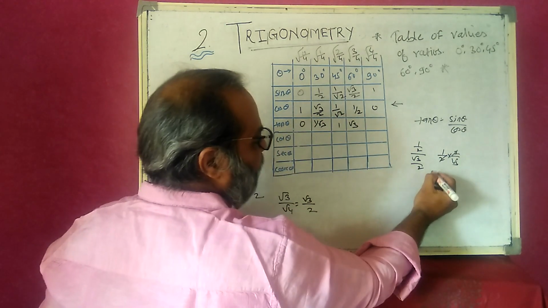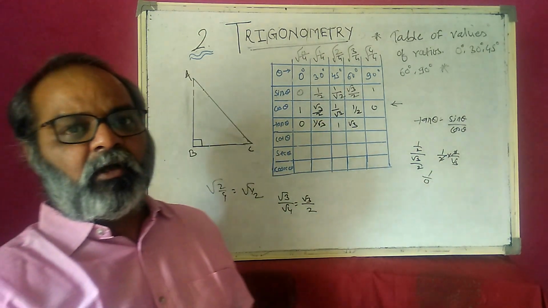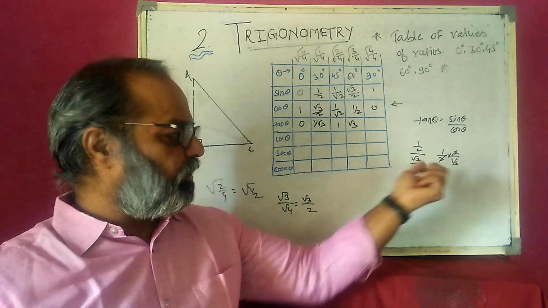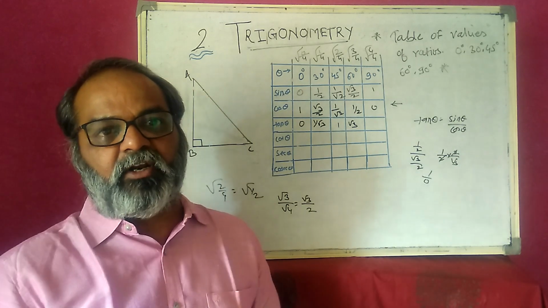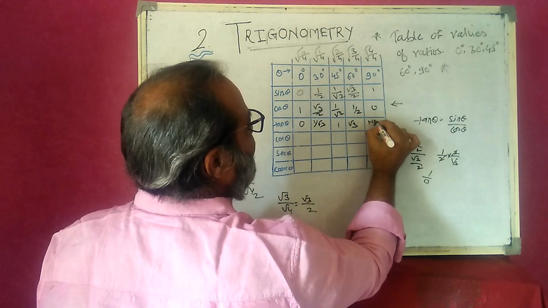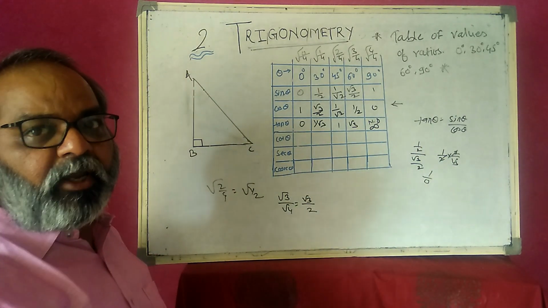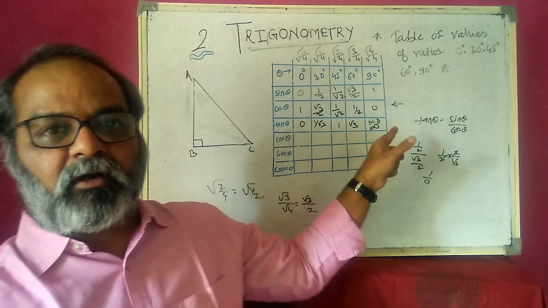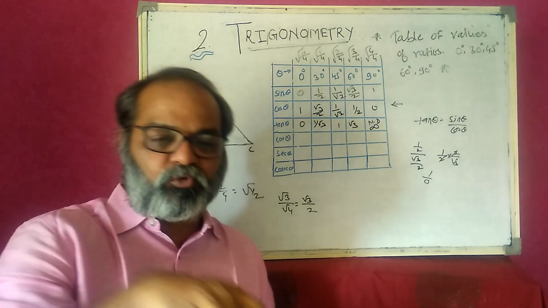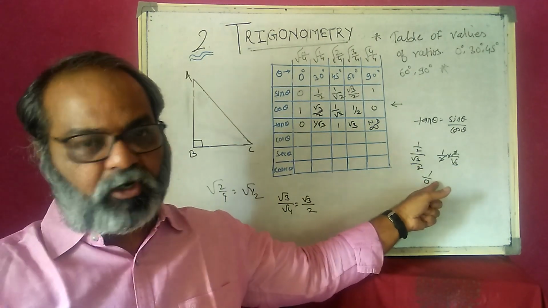And here 1 by 0. So what is 1 by 0? The denominator never comes to 0, so it is not defined. It is somewhere in infinity. I just write ND for not defined, or you can use the symbol of infinity. So 0 divided by 0 is also not defined.